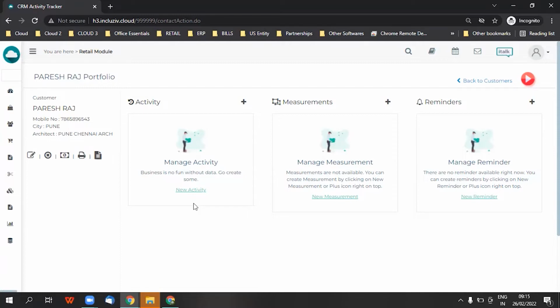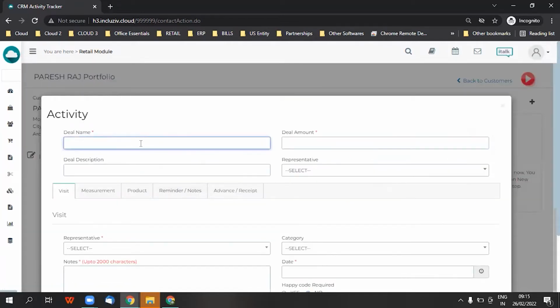Now you typically need to create a deal for the customer or an activity for the customer. This is basically why he has approached you. So a typical thing to do in this case is to click on the new activity and you create a new deal name. So I'll say Paresh 3 BHK flat. And maybe if you want to put in the area, I am putting in the area as,